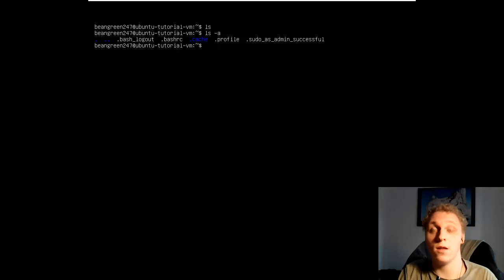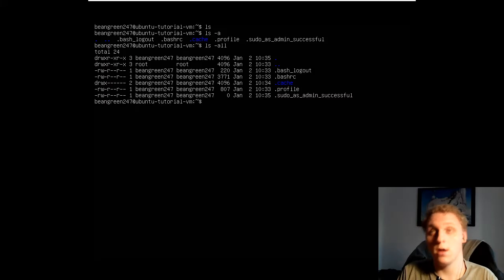The reason why regular ls doesn't show you those files is that they start with a dot. Let me show you so you can see the dot right here. It doesn't show up under the normal ls, because ls lists files that the user can normally see. When you put a dot before a file, it is a hidden file. So basically it's a file that no one can see, unless you type in ls -a or